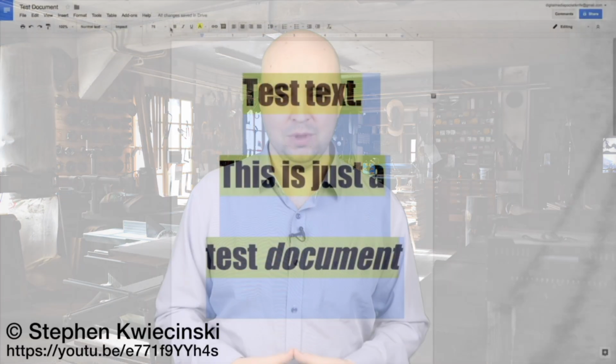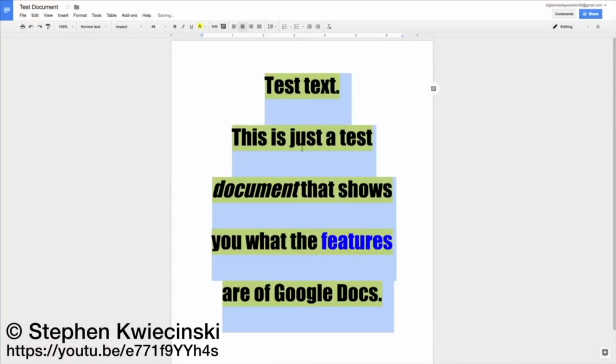Many teachers now are also using Google Docs. It's a free alternative to Microsoft Office. And what's great about Google Docs, you can share those documents with students very easily, and students can work on editing those documents in real time. Let's get this down to something a little bit more manageable.